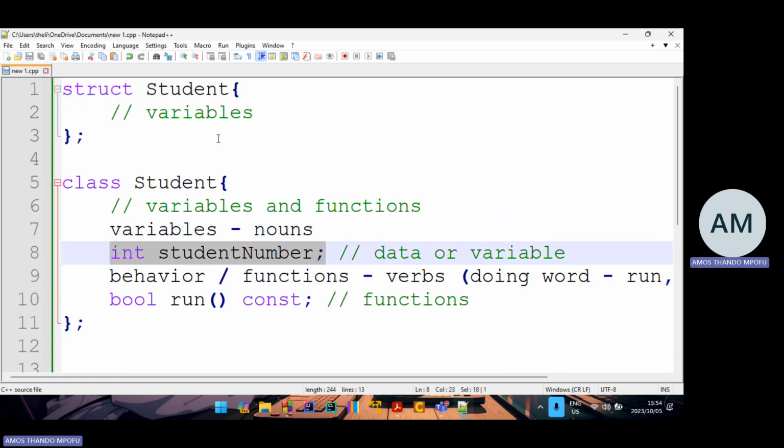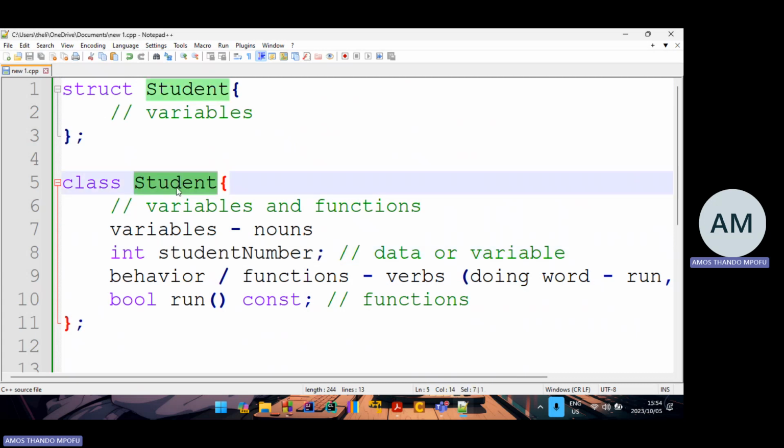The nice thing about it is that the type that I've defined, it's now called what? Student. So the name of the data type, or the name of the class, or the name of the structure, it comes after that keyword. So remember, I created struct, right? So let's say I want to create